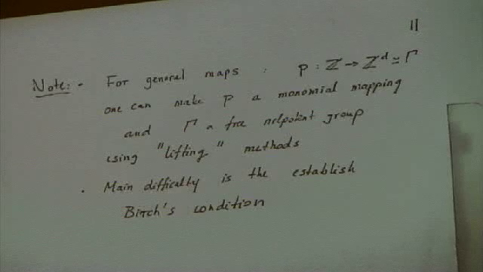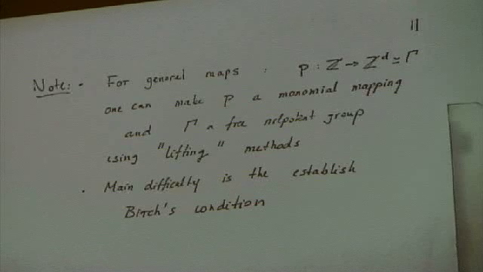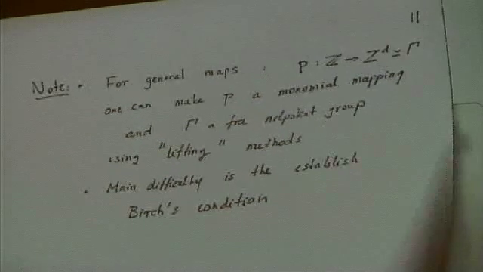Of course, this looks kind of particular, what we did so far. One thing which helps a little bit is that with standard lifting arguments, one can reduce the case to a monomial mapping, where each coordinate p_j is just a power of n, and gamma to a free nilpotent group. But in that case, still, we couldn't, in general, establish this Birch's condition, although I think morally it must be true, but it's a different thing to believe something and to prove something.